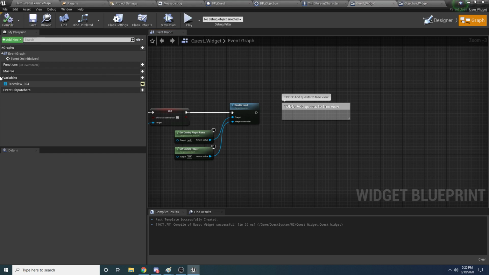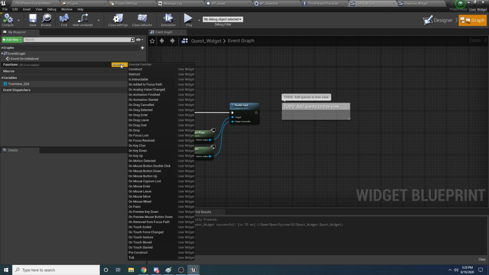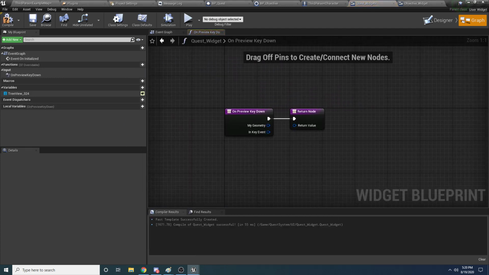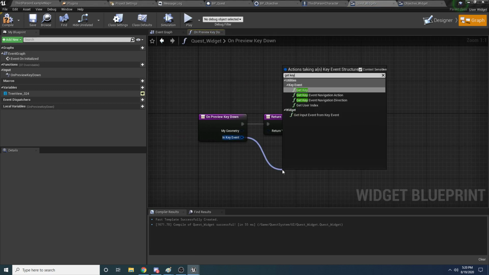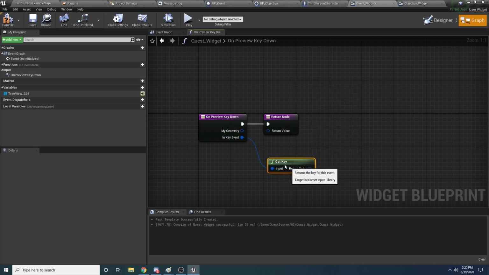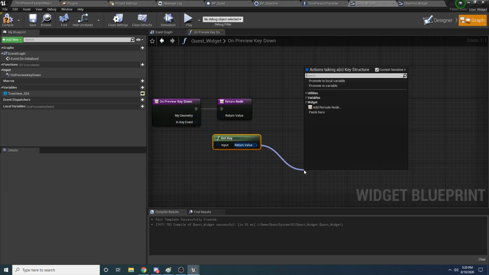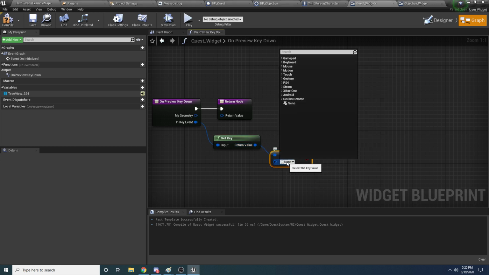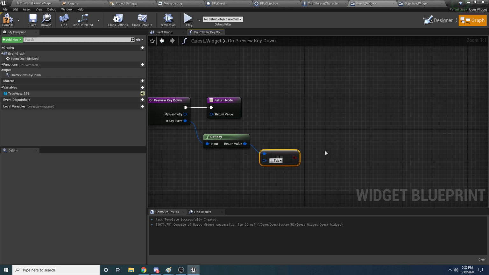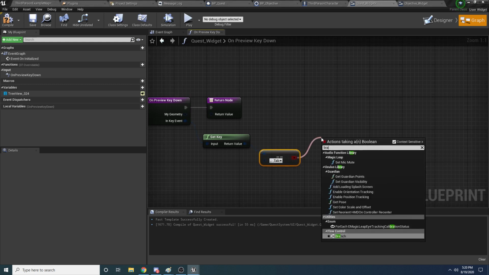close the screen, right? So to do that, we need to listen for the tab key. So up here at the top left, we'll override a function, and the function we want to override is on preview key down. So select that. And inside of here, we want to take this key event, and we want to say get key, so we can figure out what key is being pressed. And we want to check if it equals the tab key or whatever key you happen to be using. And then we'll do a branch